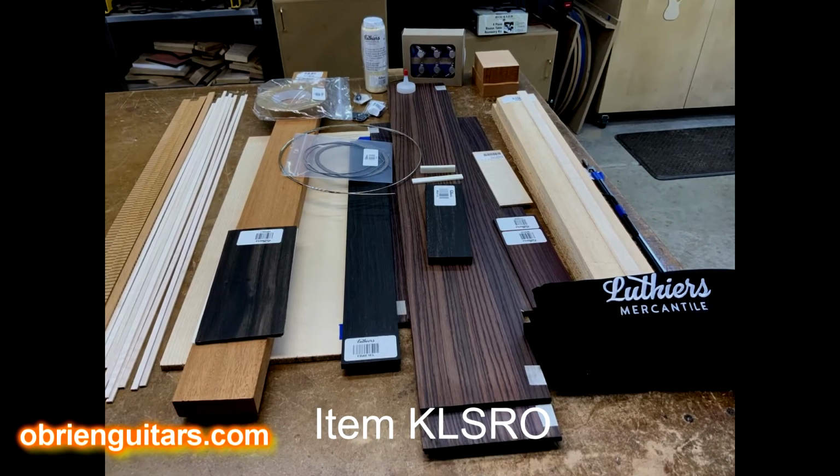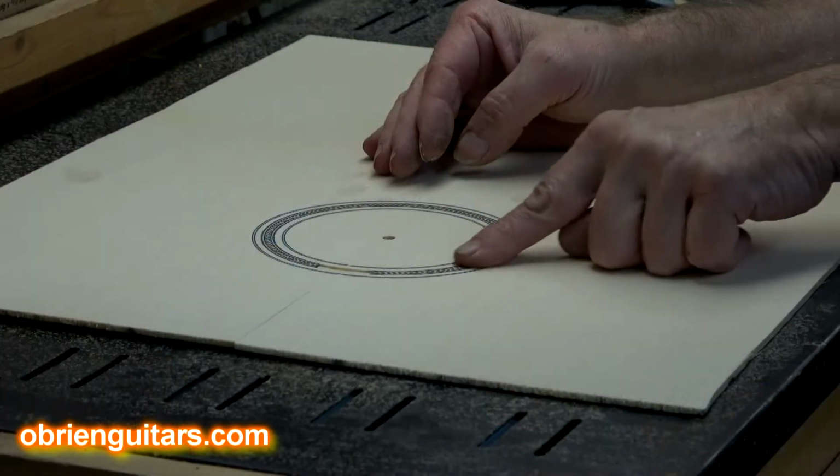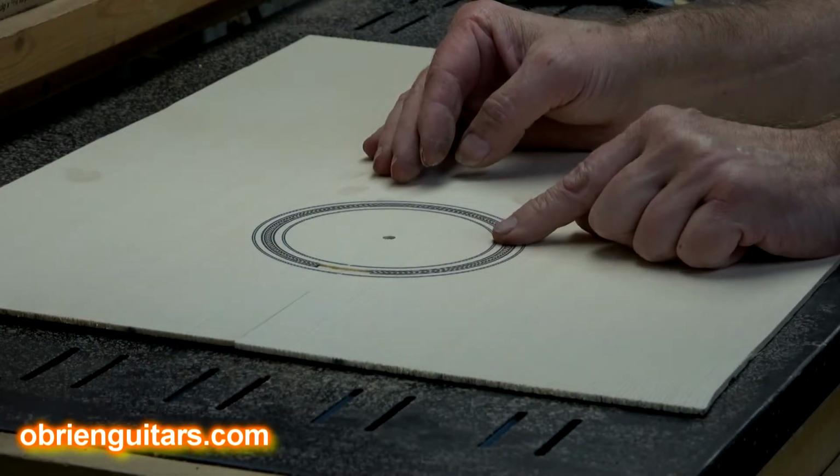Now I know what you're thinking, wait a minute, he's building from a kit. No, I'm not. This is called the unserviced kit, and it's actually a misnomer. What it means is that everything comes in the same box, and there's only a few things that have been pre-done. The rosette is pre-done because in the 6-day acoustic guitar building course,